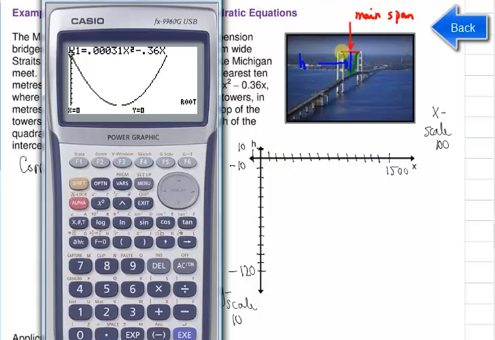That means that the top of one of these towers here, anyway, is at 0, 0. And also note that your x-intercept at this point is also your y-intercept. Remember, y-intercepts occur when x is 0. So here we have x equals 0, so we have a y-intercept at 0. Okay, so our other root is at 1,161 and 0. So we're going to plot those 2 points, 0, 0 and 1,161, 0 on our x-axis,